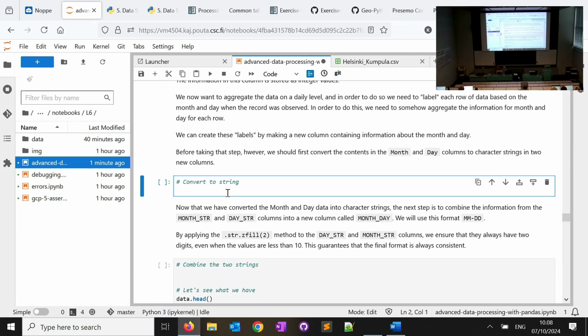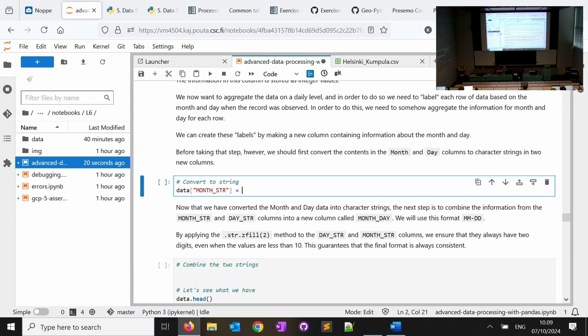There are many ways of approaching this. This is just one way of doing it in our example. So I will create a new column called MONTH_str, all in capital, some name that reminds me that this is a string.